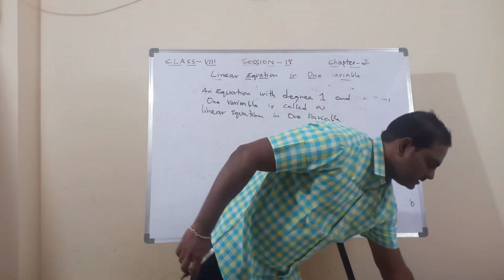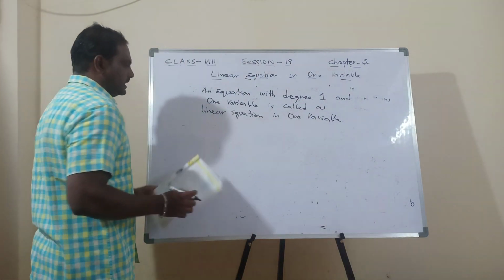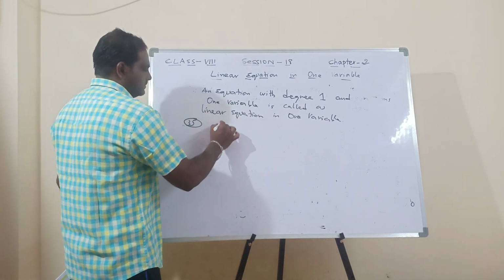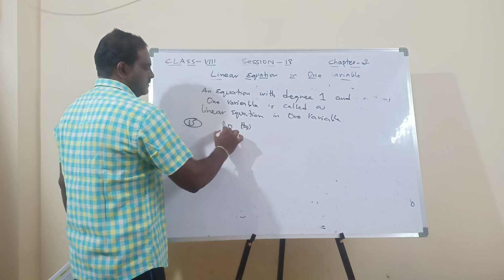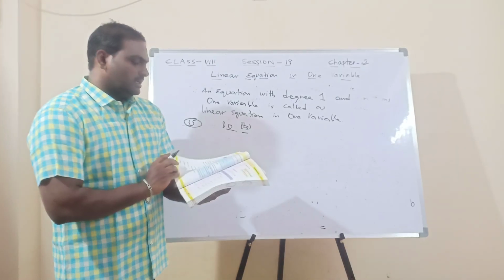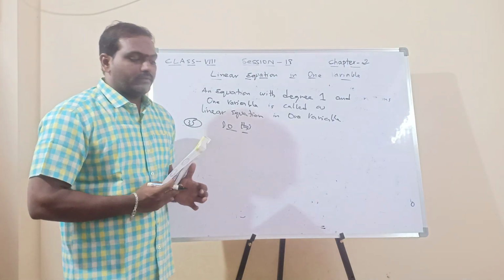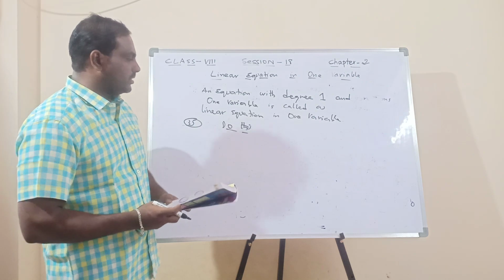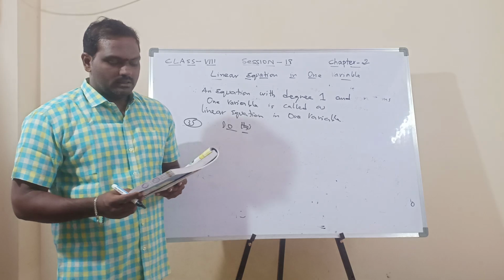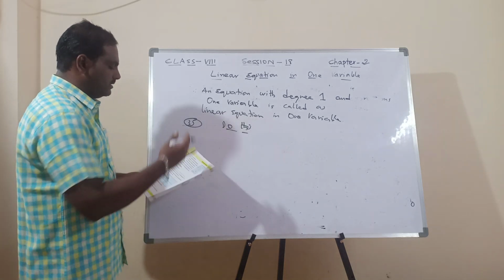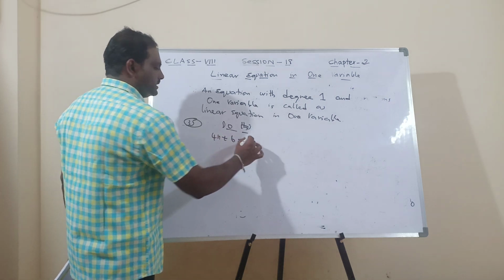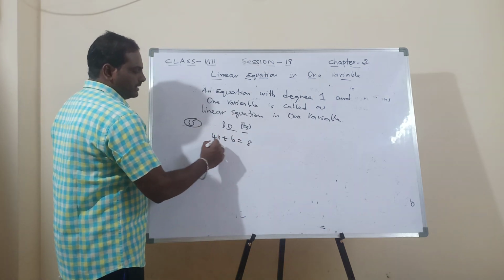So we'll go for some examples. Page number 35. Do this. So in the textbook, Do This and Try This are given. So don't ignore that. They are very, very important from the examination point of view. Now we will try to understand the question. Which of the following are linear equations? Okay. Now 4x plus 6 is equal to 8. So what is the degree? 1. Yes, it is a linear equation.